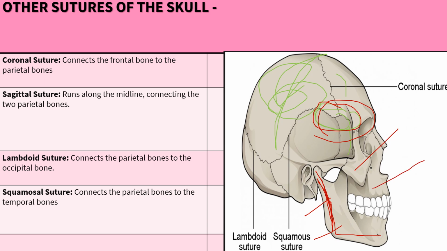This upper jaw is known as maxilla. These are teeth, and in this area there is a foramen which is known as mental foramen. I will try to show this in another diagram. Before that, the lambdoidal suture, which is slightly above the occipital bone and the posterior position of the parietal bone, and the squamous suture, which connects the two parietal bones,